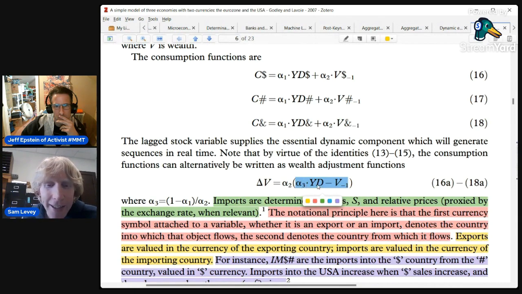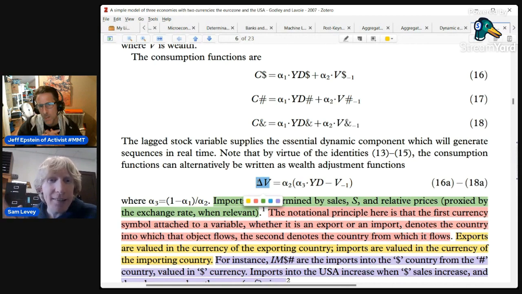So the way you can think of that is your change in wealth is going to be 0 if your wealth is equal to this particular amount that is alpha 3 times your income. When your wealth is equal to a particular multiple of your income, whatever alpha 3 times your income is, if your wealth is that level, then this is 0, so your change in wealth is 0, so your wealth doesn't change.